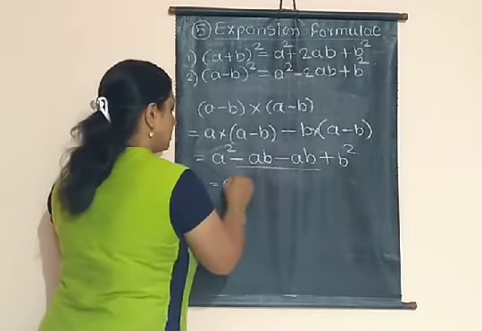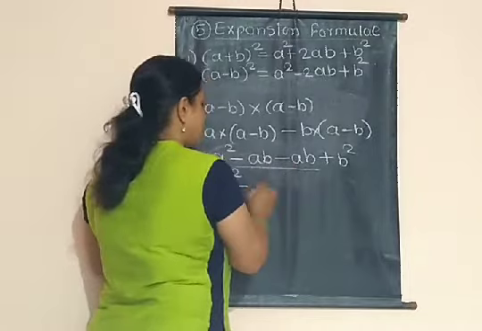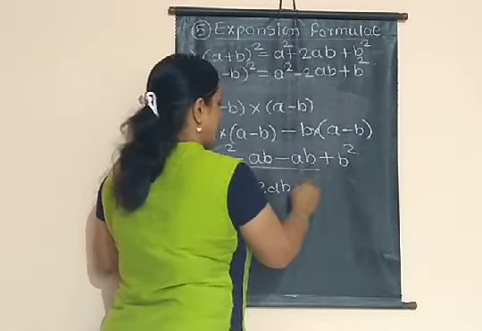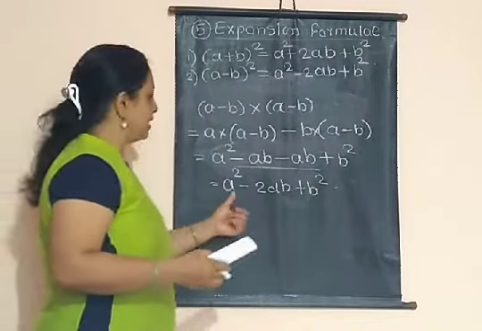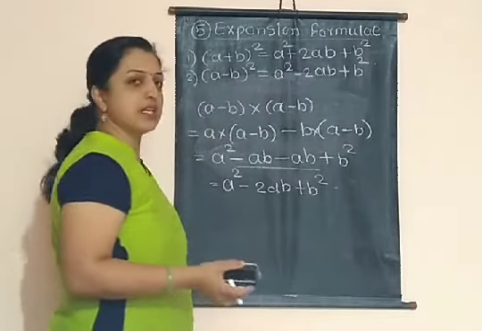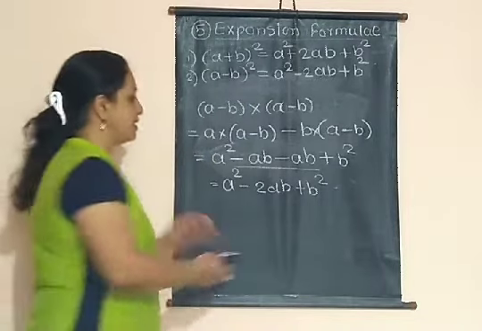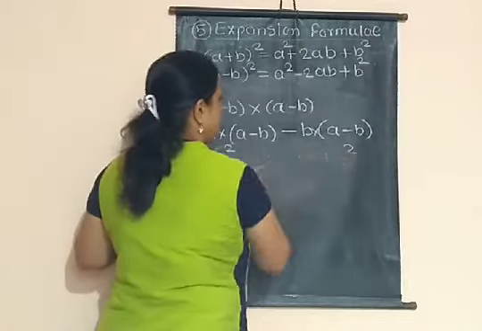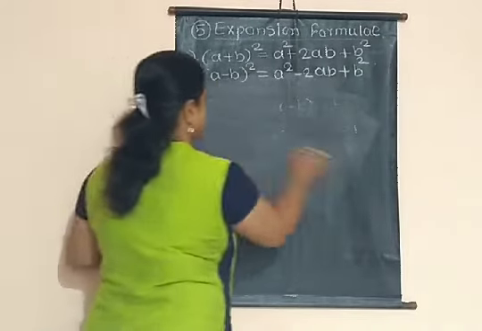So we get here the first term, that is a square, minus ab, that is minus twice ab, and plus b square as it is. So we get this expansion like this, means (a minus b) bracket square, that is a square minus twice ab plus b square. Okay. Now after that, the third equation that we have studied,